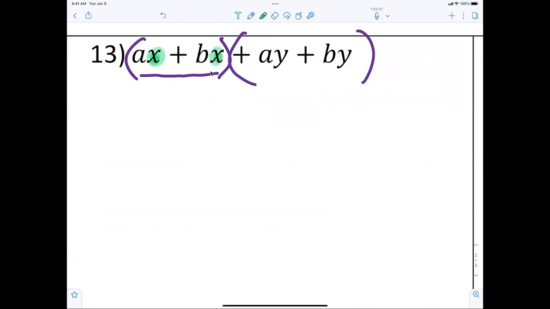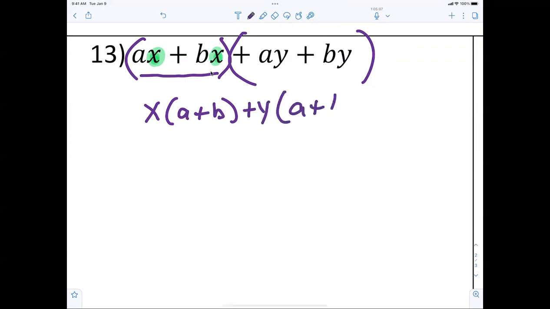You see that? The X is common. So you pull out the X and what's left behind? Right, but we say A plus B. What's common in the second one? Y. Now, here we don't want to just put Y, we want to put a positive Y. And then what's left? A plus B. And so now my final answer is? A plus B times